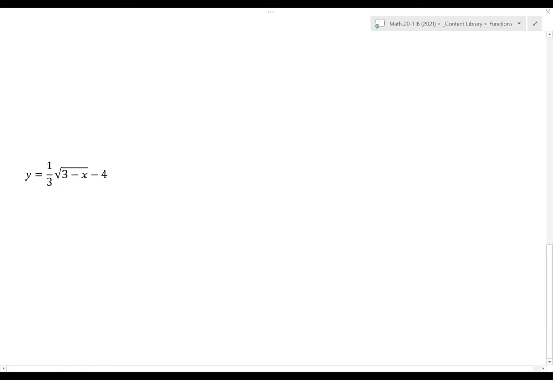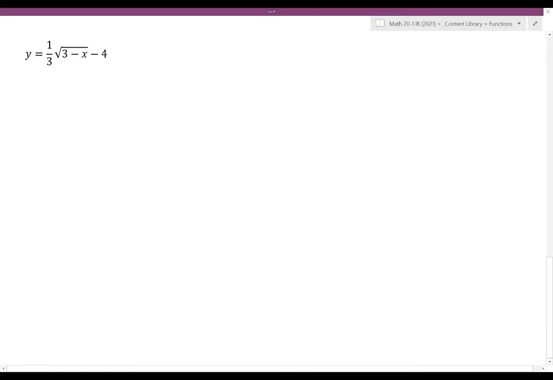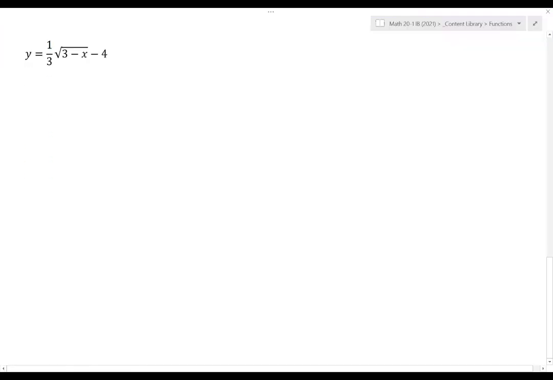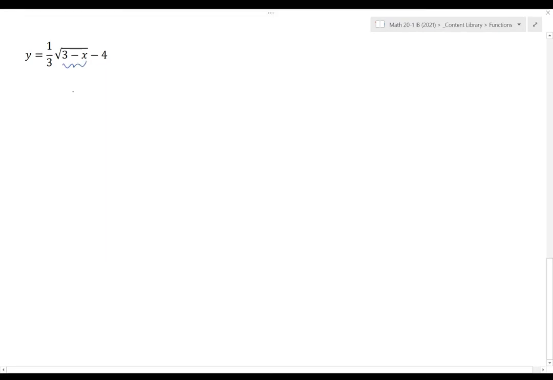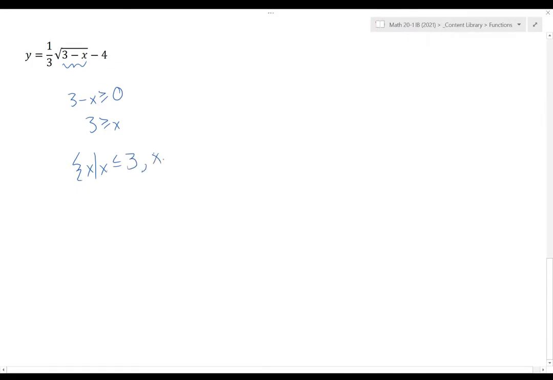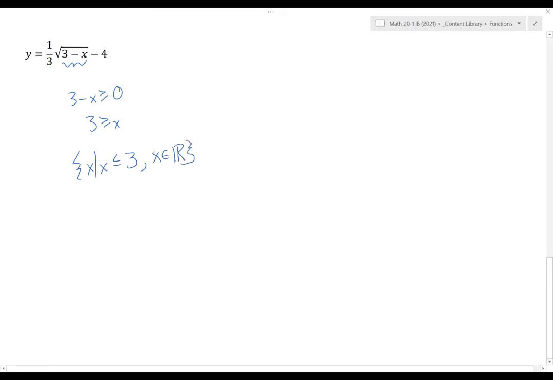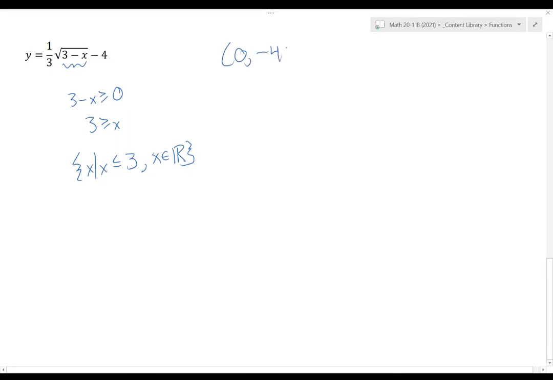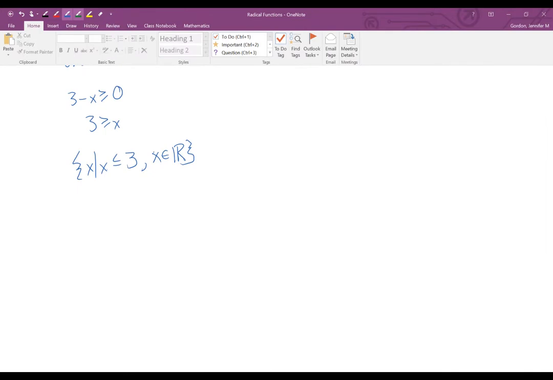All right, one more example of this, same basic idea. I'm going to consider my domain first. So the radicand, 3 minus x, has to be greater than or equal to 0, which means 3 is greater than or equal to x, or put another way, x is less than or equal to 3. This does tell me that for the vertex, the x value is going to be 3, the value that puts a 0 inside of that function. The y value is going to be -4 just from looking at the equation,